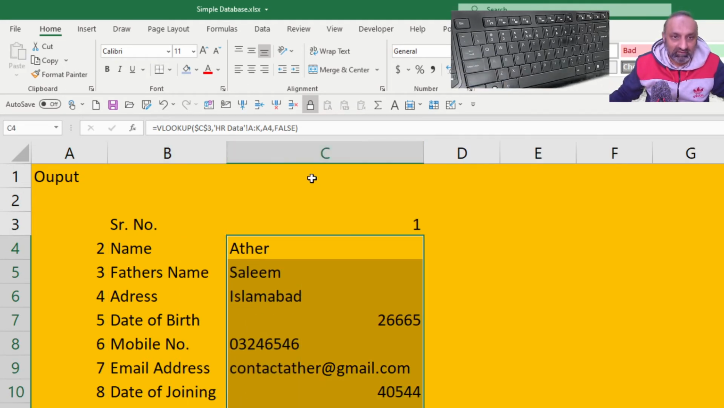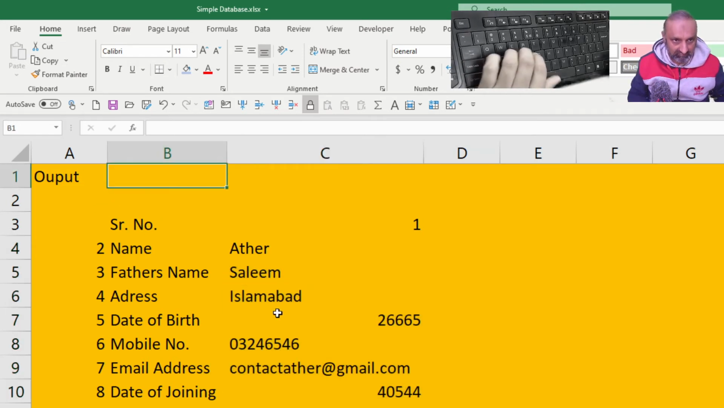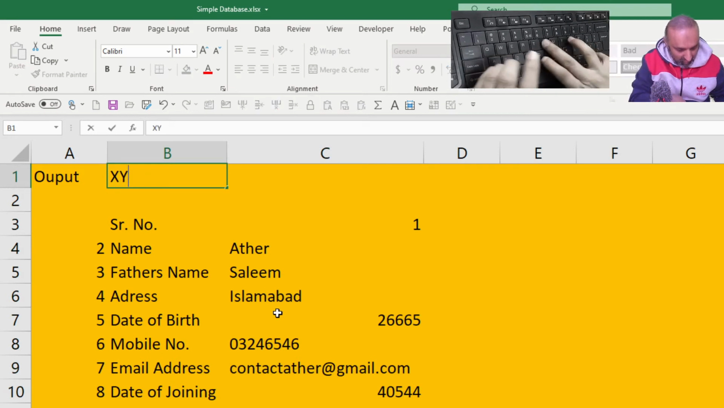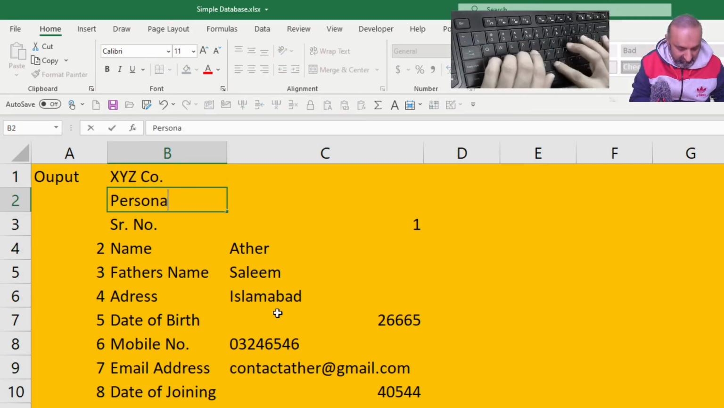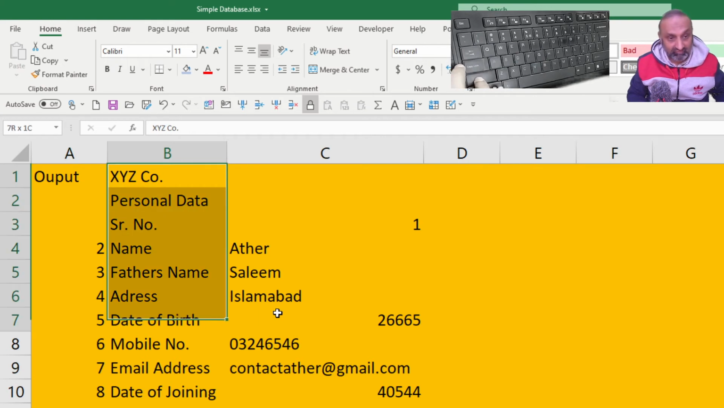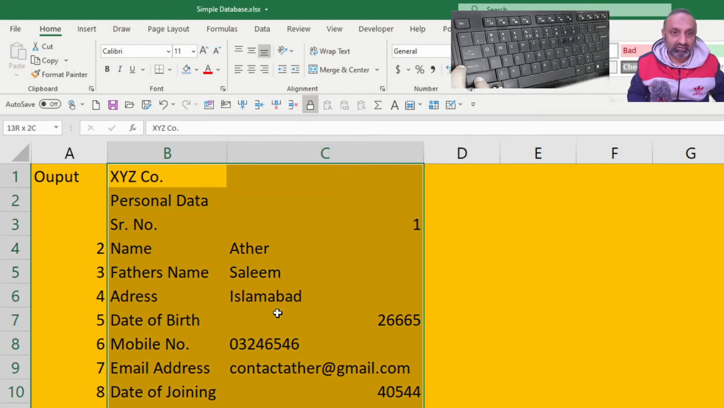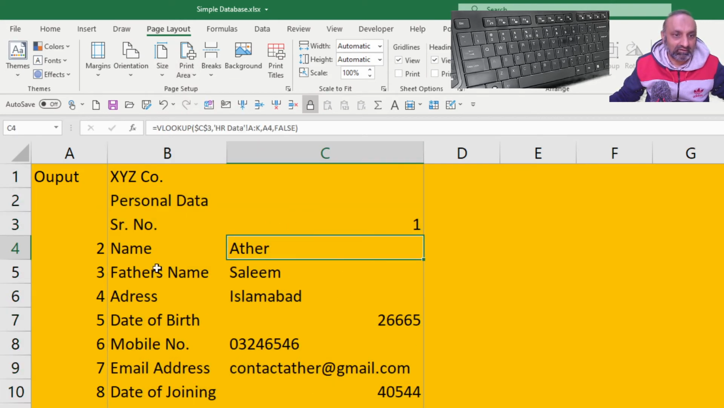Let's give this some output. This is XYZ company, and this is personnel data, and if we want to print it, we should print this range. So I will go to page layout, and I will say print area, set print area, that's it,